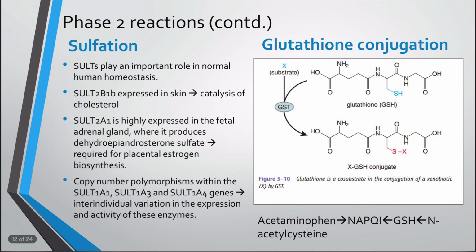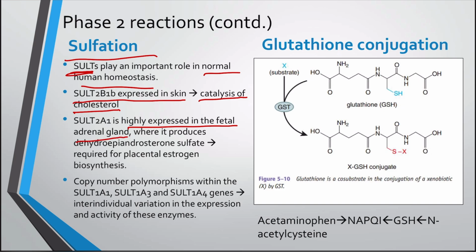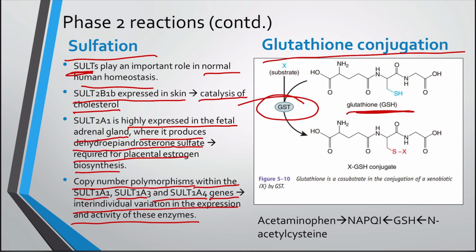Now coming to the next group of phase 2 reactions, that is sulfation. Sulfation is done with the help of the sulfotransferase enzyme. So the sulfotransferase enzyme plays a major role in normal human homeostasis. SULT2B1b is expressed in the skin and it is responsible for the catalysis of cholesterol. And SULT2A1 is highly expressed in the fetal adrenal gland. Then glutathione S-transferase leads to the formation of the X-GSH conjugate, that is the substrate, the drug, and the